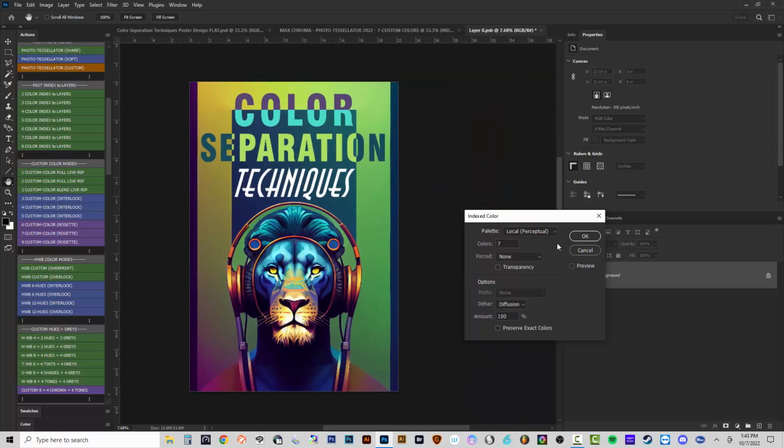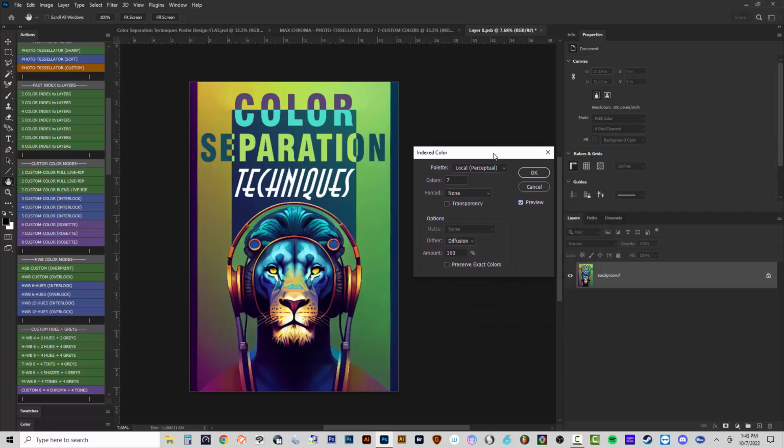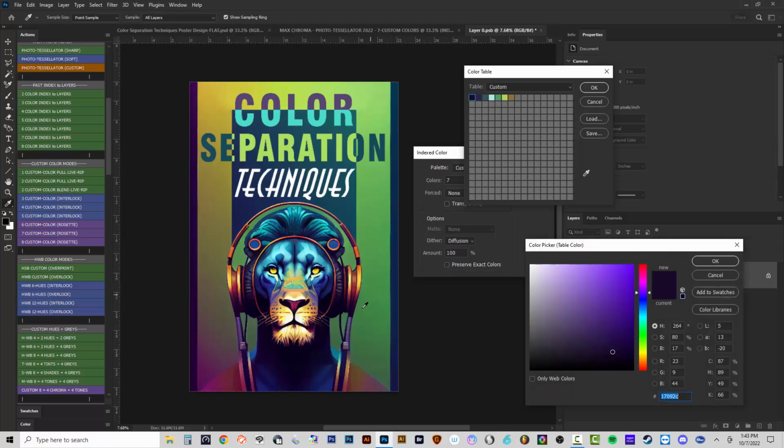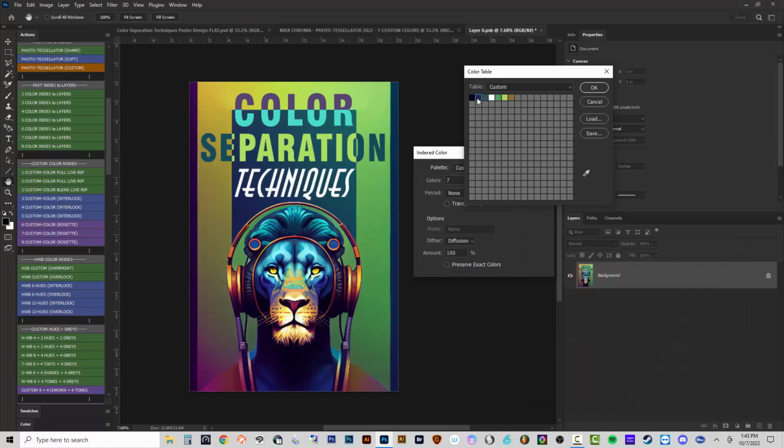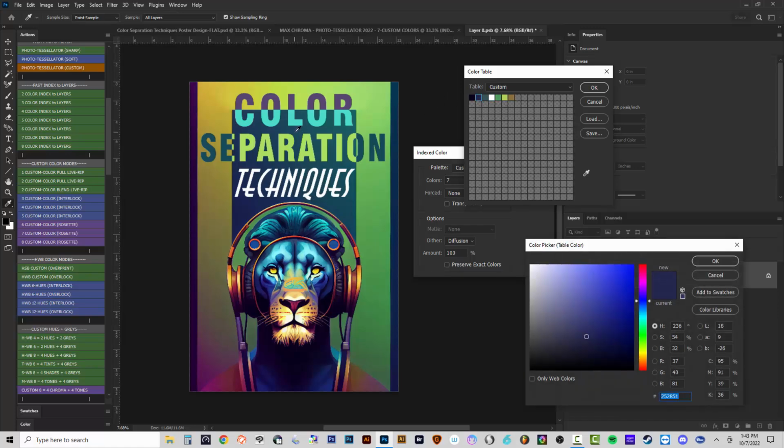Okay, so we're going to look at the image, go to local perceptual, turn on the preview. It'll get some of the colors automatically. And then let's uncheck the preview and then change the palette to custom. And I'm going to select the colors that I want from here, like this darker color. I'm going to choose the white. I'm going to change this one to maybe,